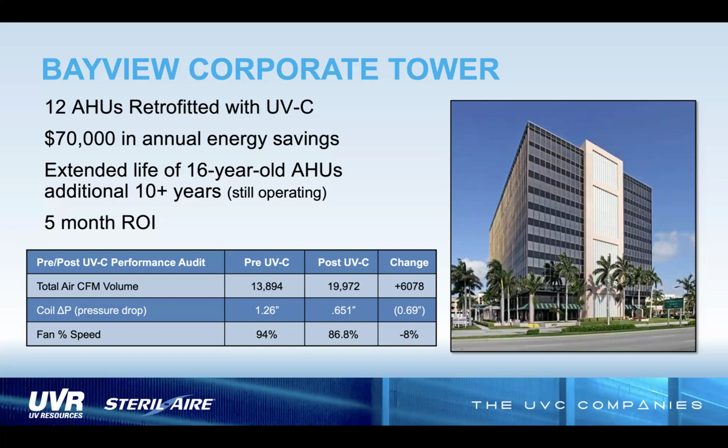So Jones Lang LaSalle, I don't know if we have any JLL people on this call, but they commissioned a third-party audit of the energy savings to document this turnaround. And in addition to the striking improvements that they delivered in HVAC performance, the addition of UVC also drove a huge capital savings, because they were scheduled to replace some of these air handlers. And instead of replacing these 16-year-old units, just the retrofitting of UVC restored the performance and kept the tenants of this building comfortable. And in fact, a decade later, as we sit here today, the same air handlers continue to